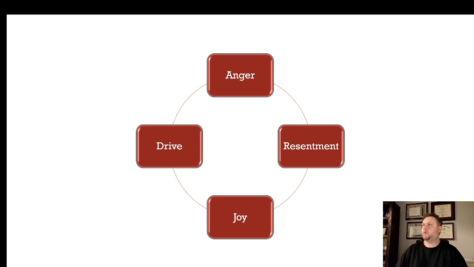So, emotions, whether or not they're facilitative or debilitative, really depends on how you react to them, right? And typically, yes, there are some emotions we typically react to in a positive way, and there's some emotions like anger that we typically react to in a negative way. But my point is, you can choose the reaction.